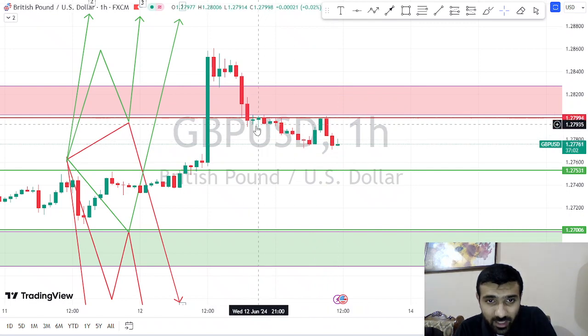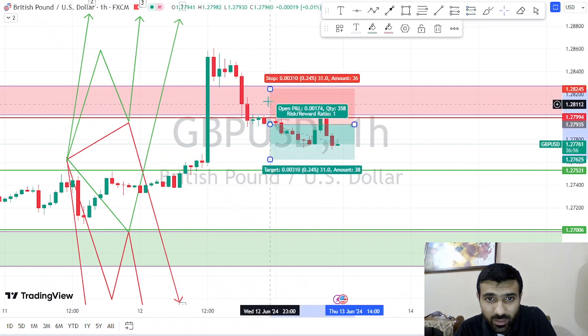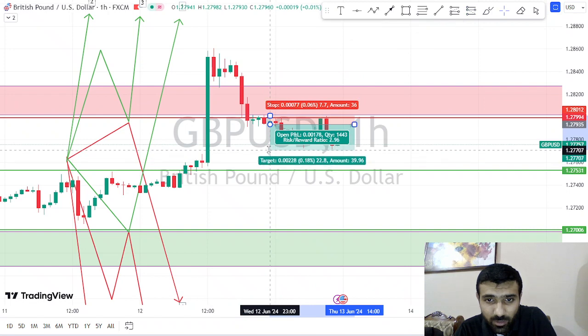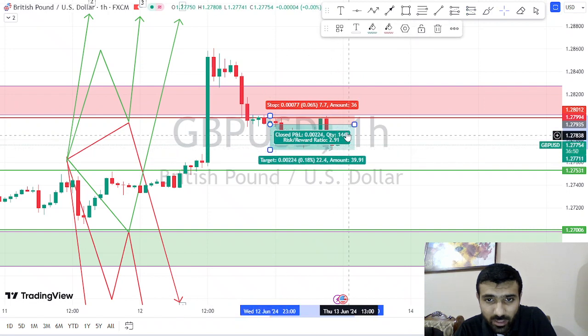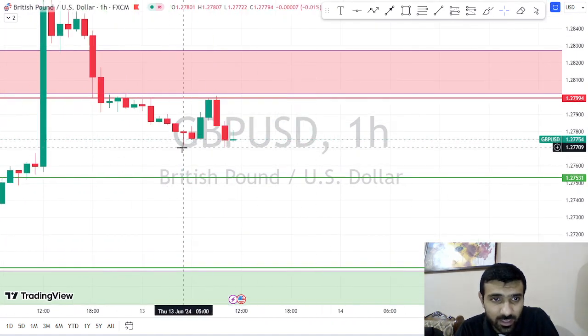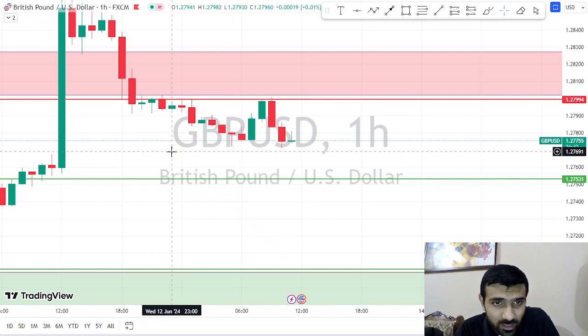Then market gave us another selling opportunity after the closing of this candle, so we could have taken an entry over here. Our stop loss will be just above this previous candle, and our take profit will be over here, giving us a 2.9% profit so far. And then market gave us another opportunity